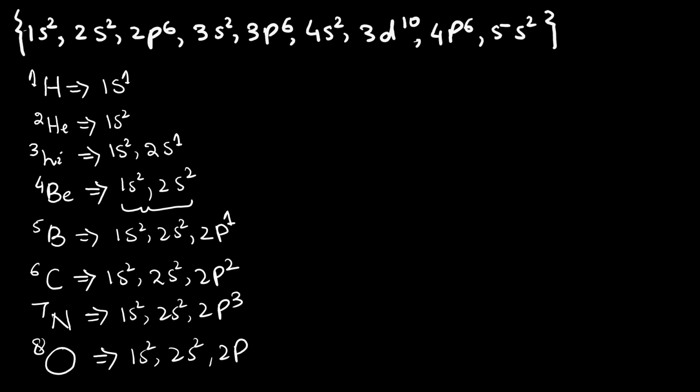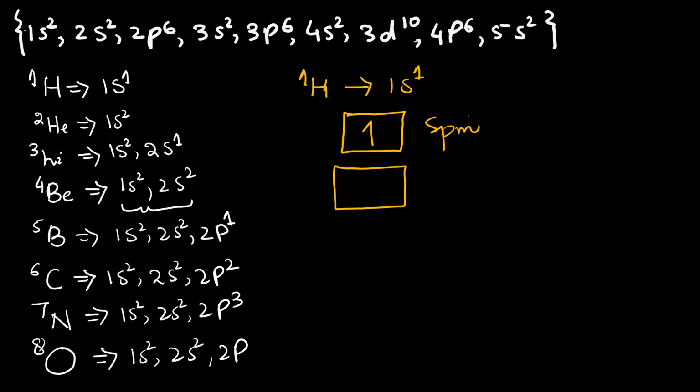So now these configurations may be represented diagrammatically. Like the hydrogen atom has one electron and it is occupying the 1s subshell. So this means that hydrogen has only one subshell, and that subshell is the s subshell, and it will have one electron. An electron could be in spin up state or spin down state. It could be in any kind of state, depending on the situation. So it could be in spin up or spin down state. In case of